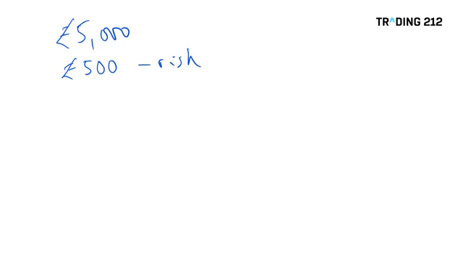Now let's say you have a bad run, which is perfectly possible, and you have 5 losing trades on the trot. So 5 losing trades after each other. You're risking losing £500 on each trade. So your account has gone down to 2,500. So you're now in a position where you need to have 100% return. You need to double your account just to get back to where you started. This is an incredibly demoralizing position to be in.